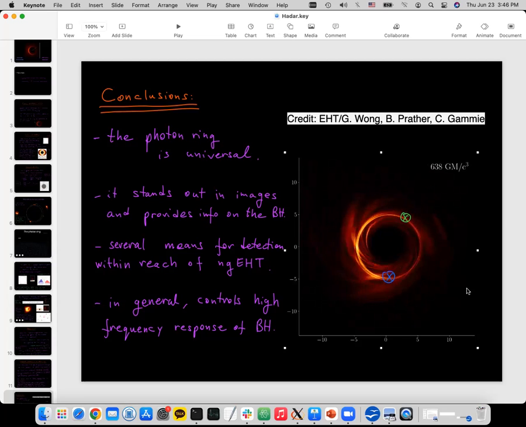But shouldn't the innermost circular orbit be outside the photon ring, not inside? Well, it's true, but because this is such a contrived lens, you really need to just calculate the geodesic and see where it appears on the screen. Even if the ISCO is at a larger radius than the photon shell radius, it can appear to be inside the critical curve, because the critical curve is determined by geodesics that you throw in from infinity and you see what comes to it. So it's a different question to ask. Yeah, but it is very confusing.